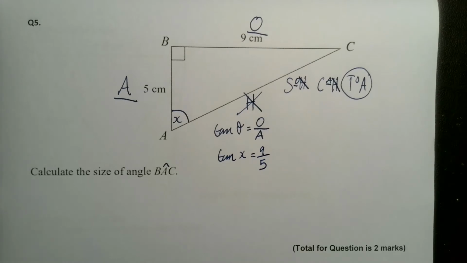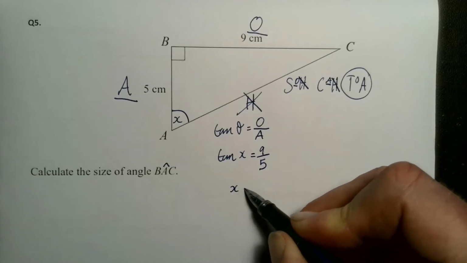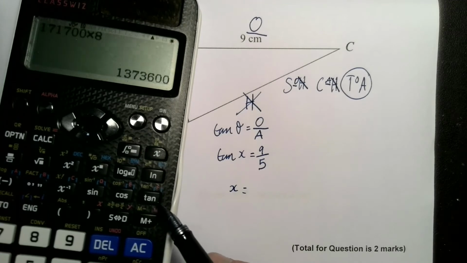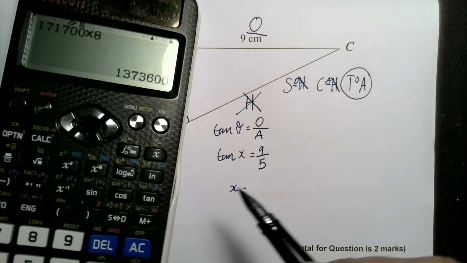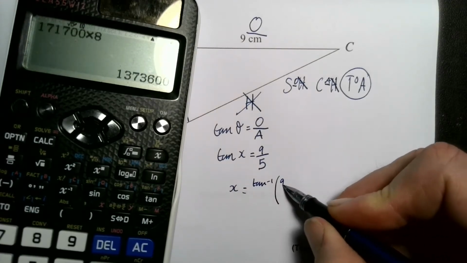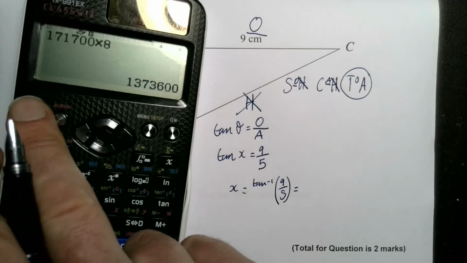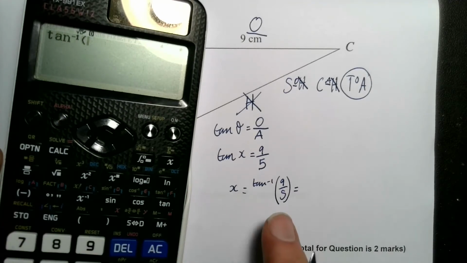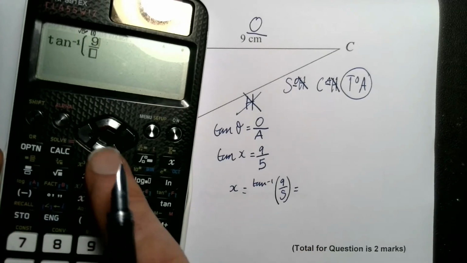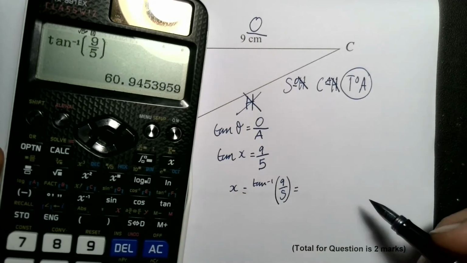We're almost there. Then to find out what x is, we need to divide by tan. And if you've forgotten how to do that, have a look at your calculator, and just above the tan button it says tan to the -1, which is what we need, because negative powers are another way of dividing. So you go shift tan, it's already opened the bracket for us, pop the fraction in 9 over 5, make sure you close the bracket, press equals, and you get